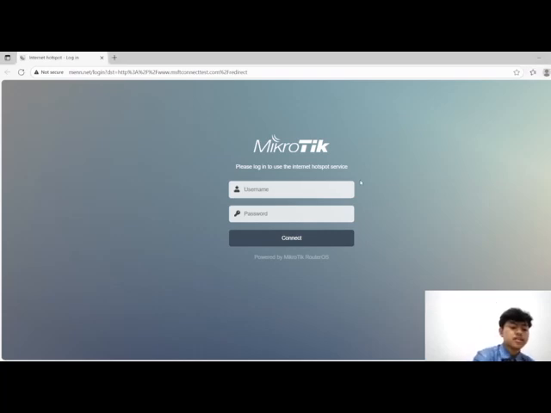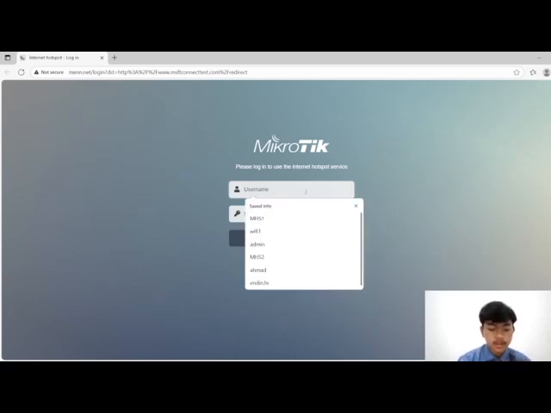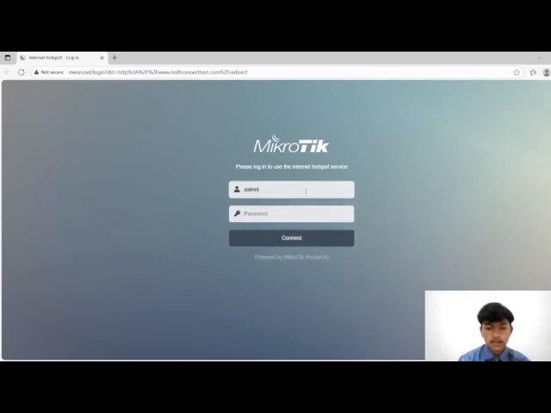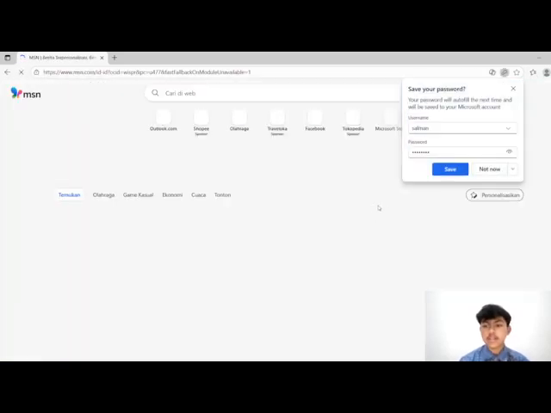And then we will continue the tutorial. My username is Salman, my password is admin 123, and connect.